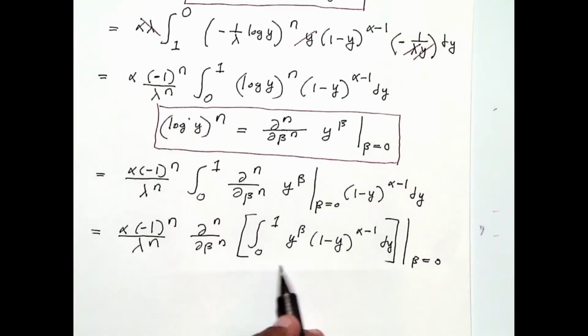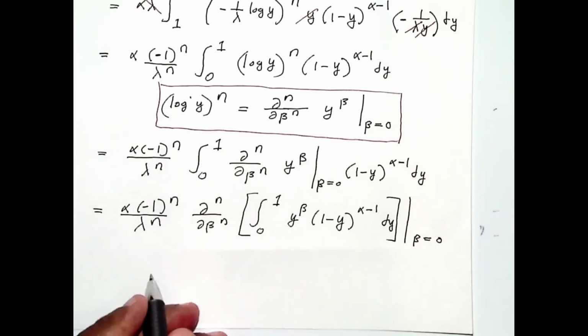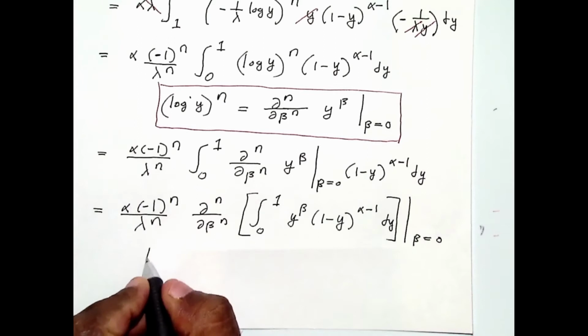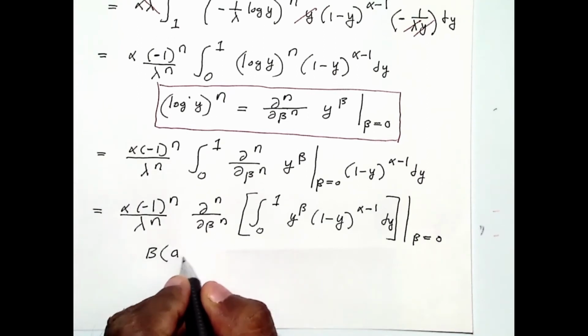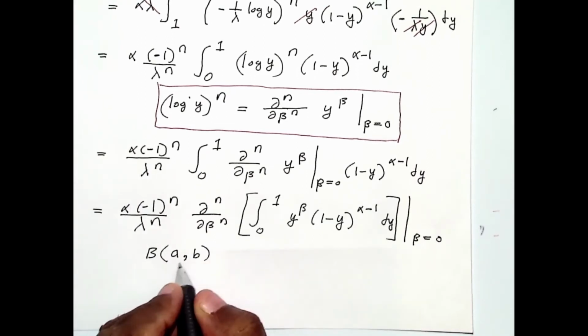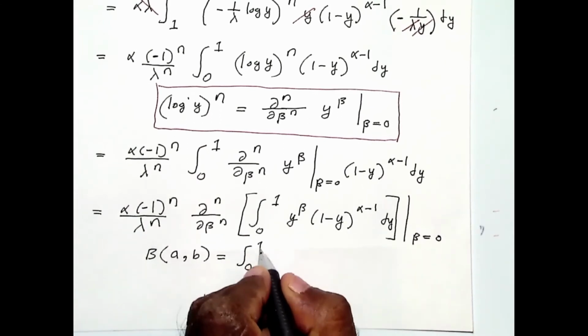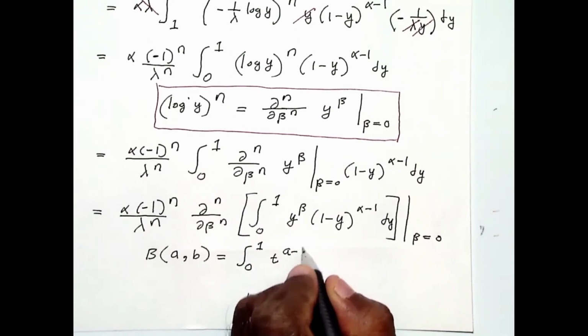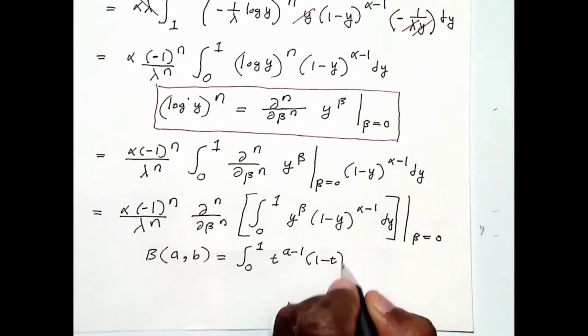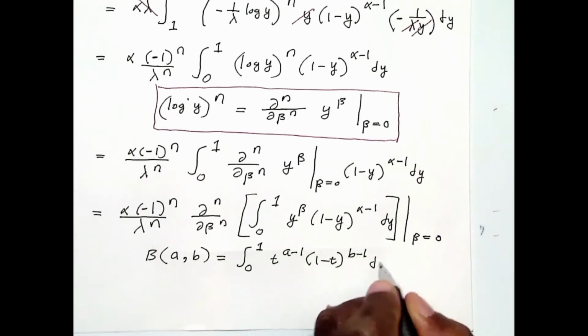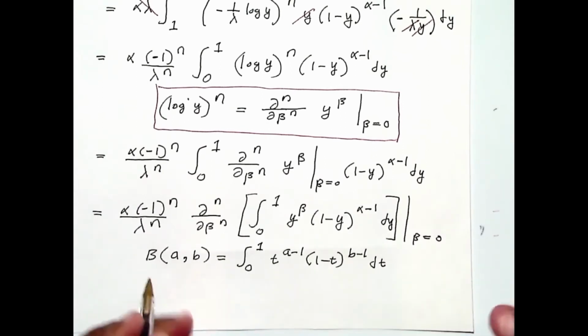Now you may remember also that an integral of this kind is known as the beta function. I don't know whether you remember, I talked about this earlier. Let me remind you in case you forget. The beta function at values a and b is defined as the integral from 0 to 1 of t power a minus 1, (1 minus t) power b minus 1 dt. All right, this is the definition